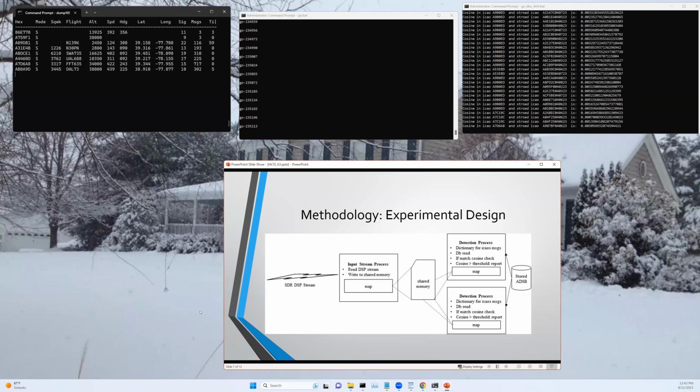The next few slides I go through will explain the methodology used to integrate an ADS-B system with a microcomputer to do a detailed analysis. Also explained is the structure of the database, loading ADS-B data into the database, and the algorithm for determining if an input stream of live messages represents a replay attack.